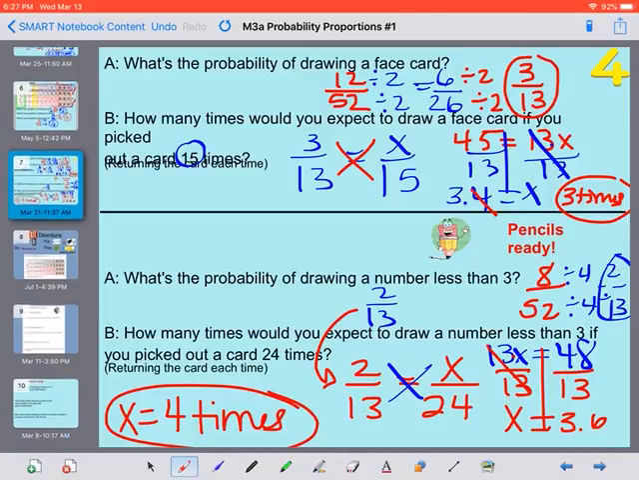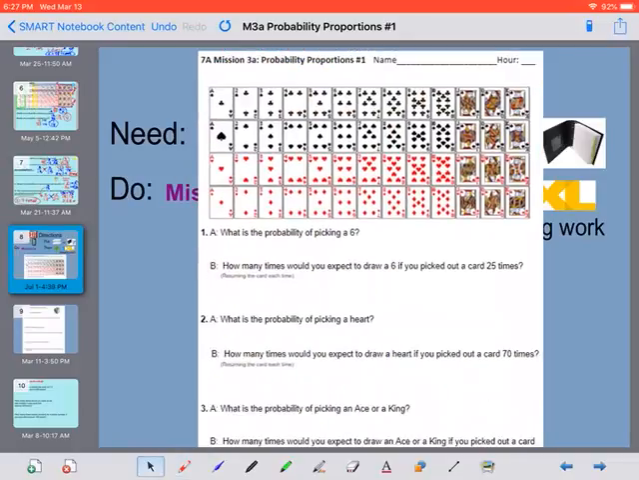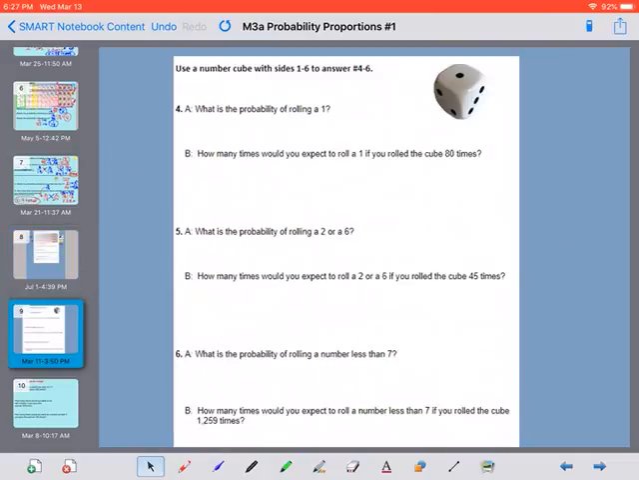If you have trouble with these cards, please make sure to ask. Otherwise, your homework is very similar to what we just did, using the cards on the front side and a dice on the